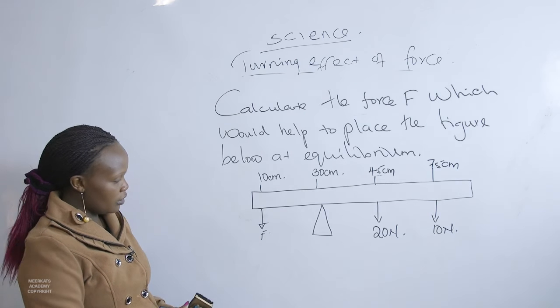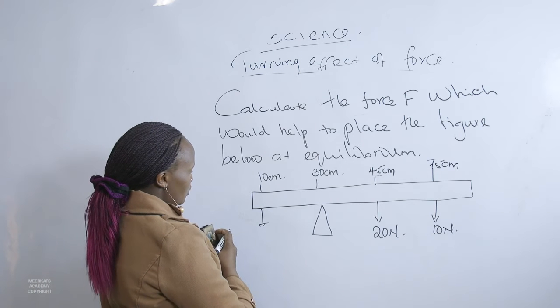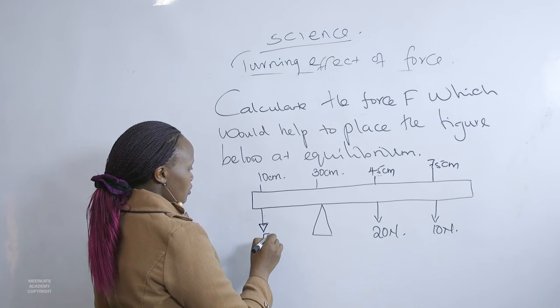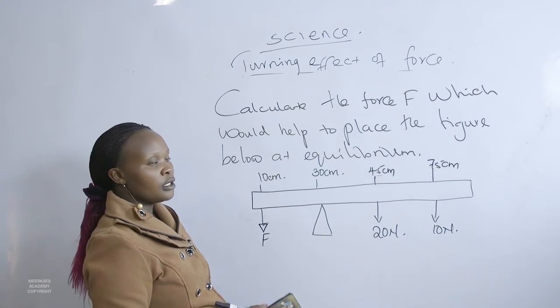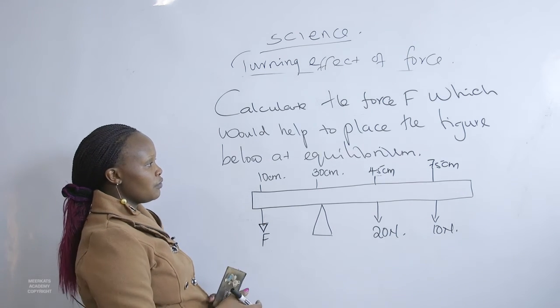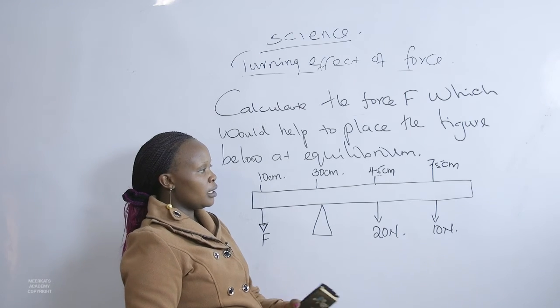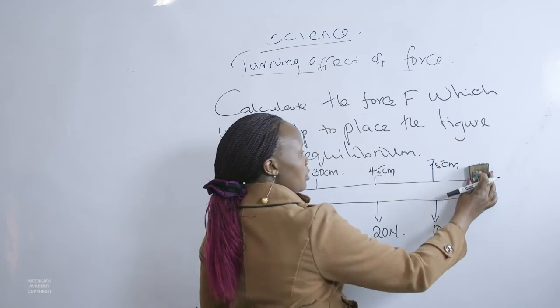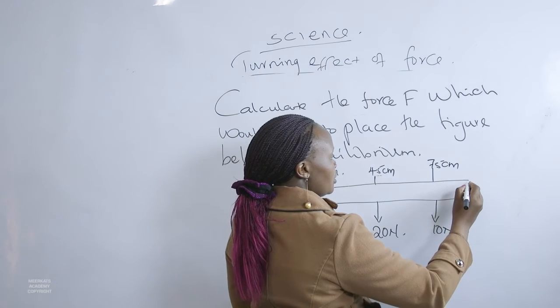Then we have our F here. We have 20 newtons at the 45 centimeters mark, and then at 75 is where we have another one, 10